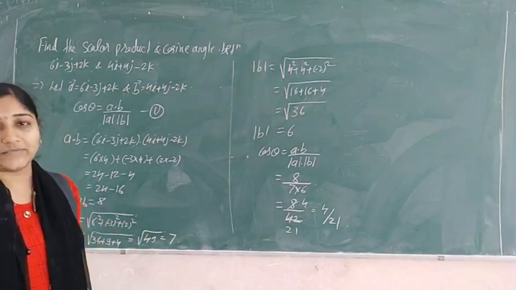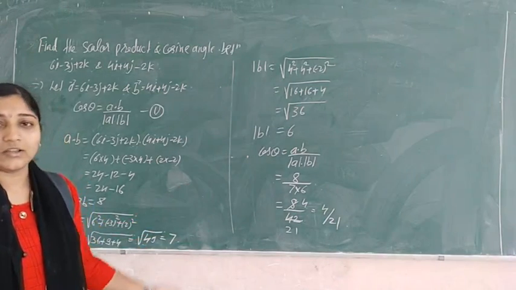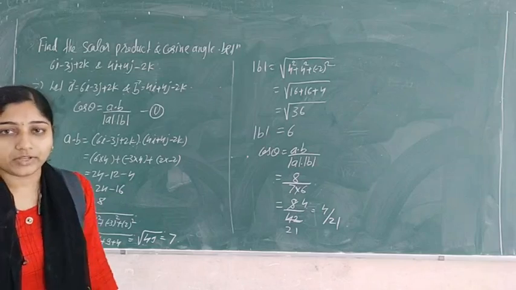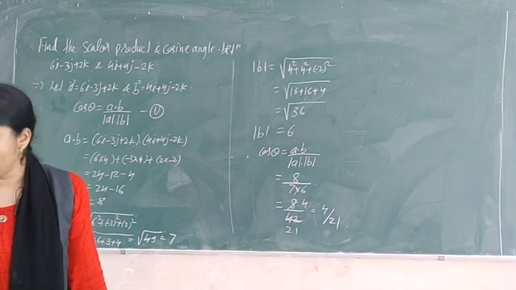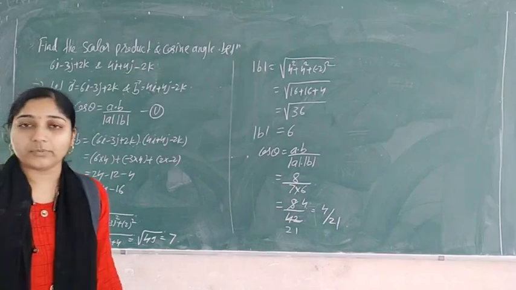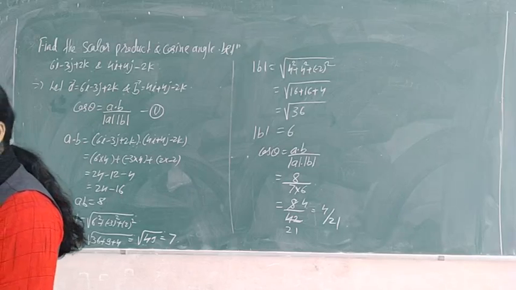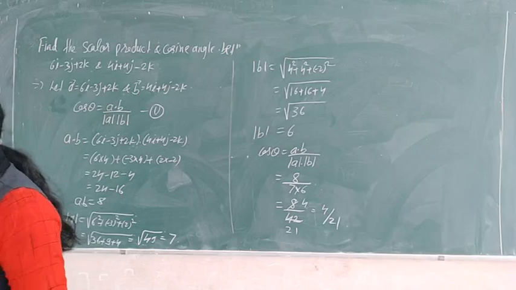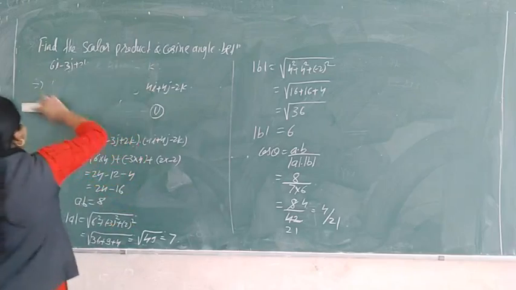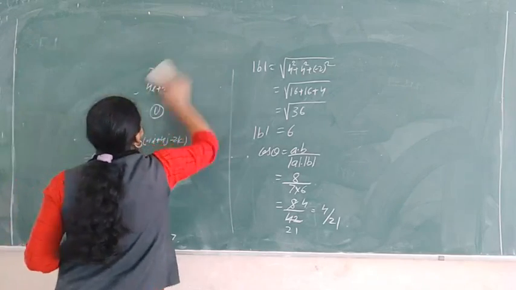This is very easy. The calculation is very easy. So please prepare this for 5 marks. Okay, so this is one example. I have one more example, I will do that for the period. Please go through that example, same procedure. So this is about scalar product or dot product.